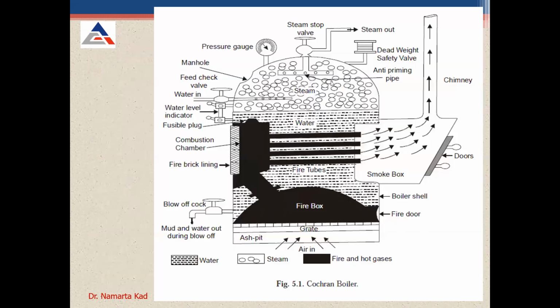Okay, that is to collect the water droplets that are coming out with this steam, because for the turbine work we need saturated steam, or dry steam, that should not contain any type of water content or moisture content. That steam must be very much dry steam. Okay, and so to remove that water from this steam, there is the anti-priming pipe.